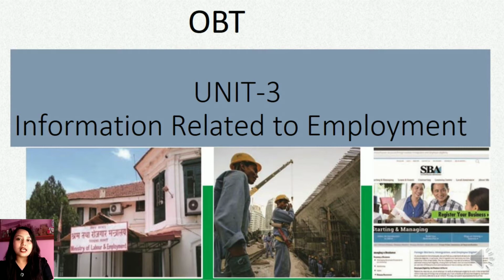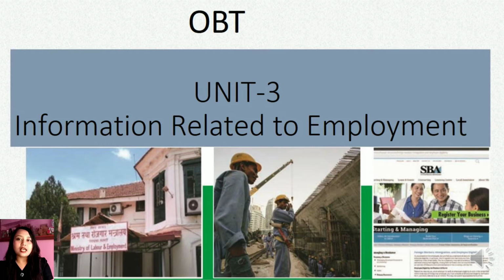So employment is very important for us for earning our livelihood, for making our life secure, for making our life financially stable. So for everything, employment opportunities are very important to us. And in this unit we'll be studying what sort of institutions there are which will be providing the employment